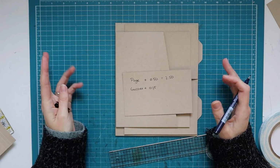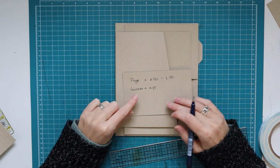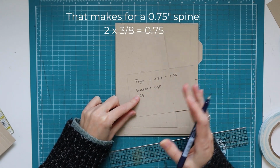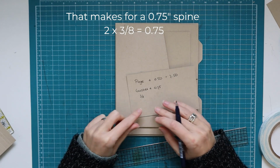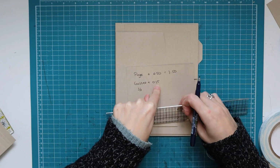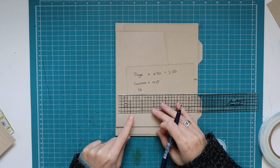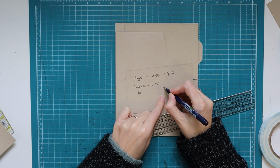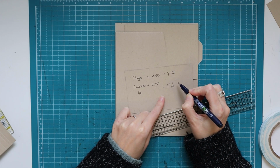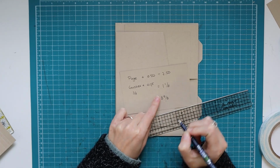I think in this case I will have enough with 3/8 of an inch. So I'm going to do 3/8 of an inch in my case. That can be 1/2 inch, that can be 5/8 of an inch, just depending on how much space you want. So 3/8, and I need to add 3/4. That's how I do the hinge. So I have 3/4 of an inch, and I add 3/8, is 1 and 1/8 of an inch. And then I need to combine these two numbers together. So I have 8 and 5/8 of an inch,